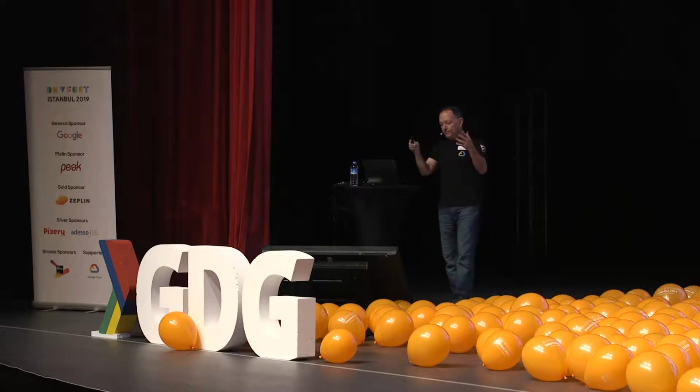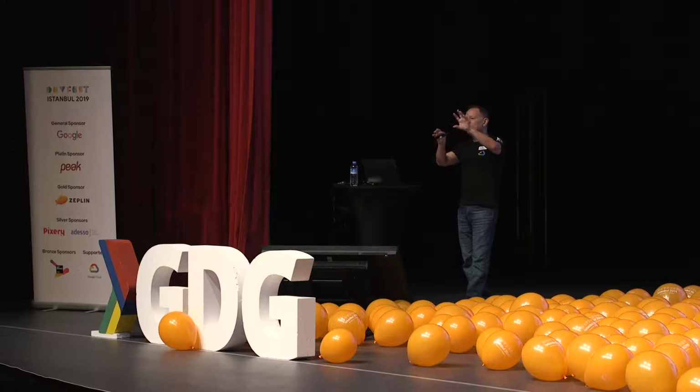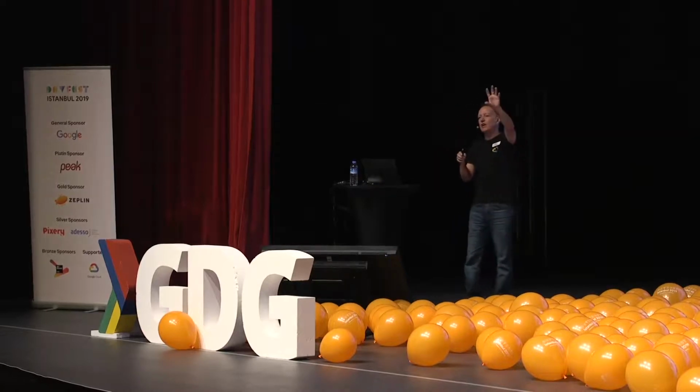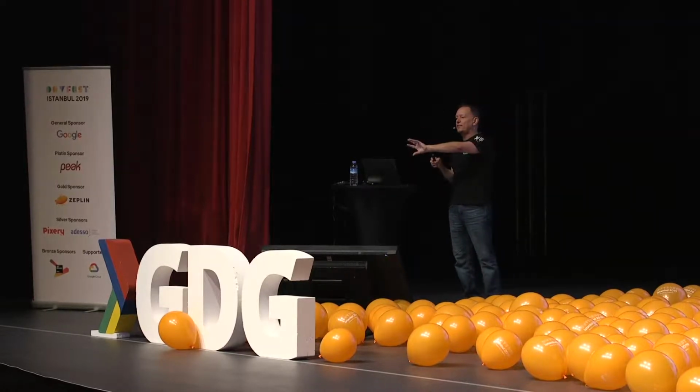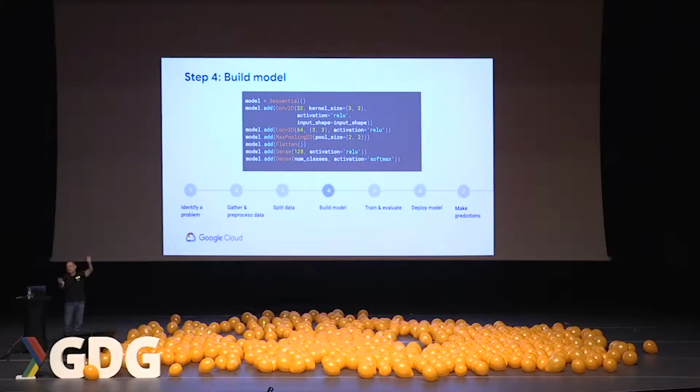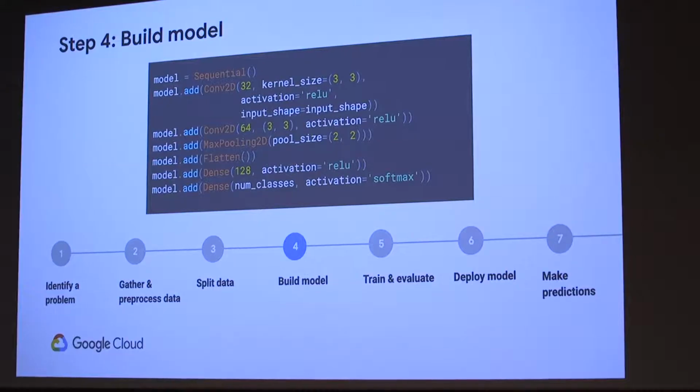These visual layers are sensitive to location. So if I have a dog up in the left corner and a dog in the right corner, it won't notice that those are the same thing. So the pooling reduces the dimensions of the space to bring those things back together so that a dog anywhere on the image would be identified by this particular set. Then I have to flatten that. I have to turn that two-dimensional array into a vector that can be passed onto the dense layers.